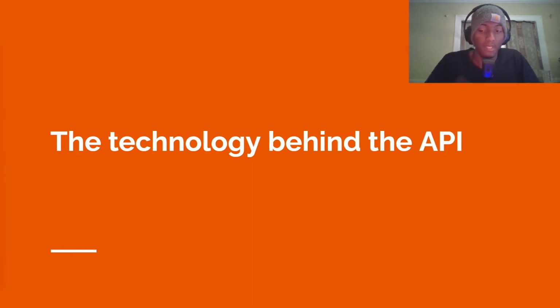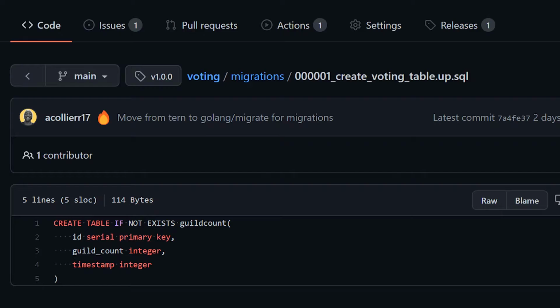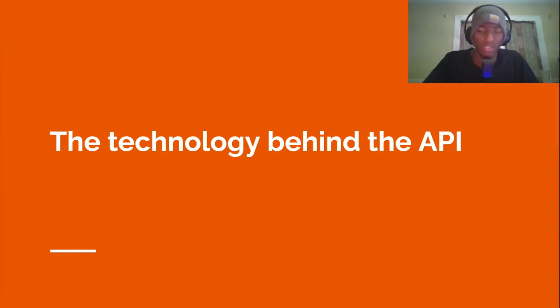And the next step I did was introducing migrations. Migrations are pretty much something you will run whenever you make a change to your schema. So a schema is pretty bare bones right now. Here's a screenshot of how it looks. You can also, again, check the repository in the description to see how it looks.